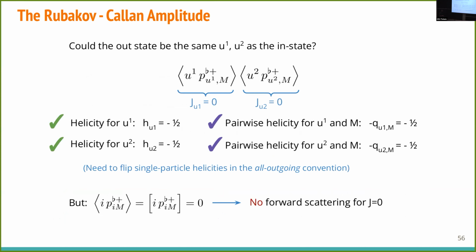We can try to write the same thing with the same particles. So we could do forward scattering. Can the U1 and the U2 just remain in the instate and not undergo this monopole catalysis? This better be zero, otherwise there's no catalysis. And indeed, the only thing that I can write down that conforms with the pairwise helicity transformation rule is this factor. So this factor is zero by virtue of the selection rule that we wrote down. So you can't stay in the U1 and the U2 that you came.